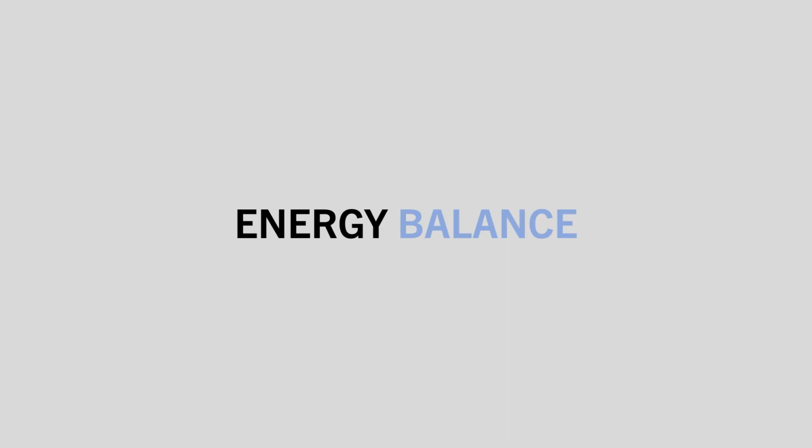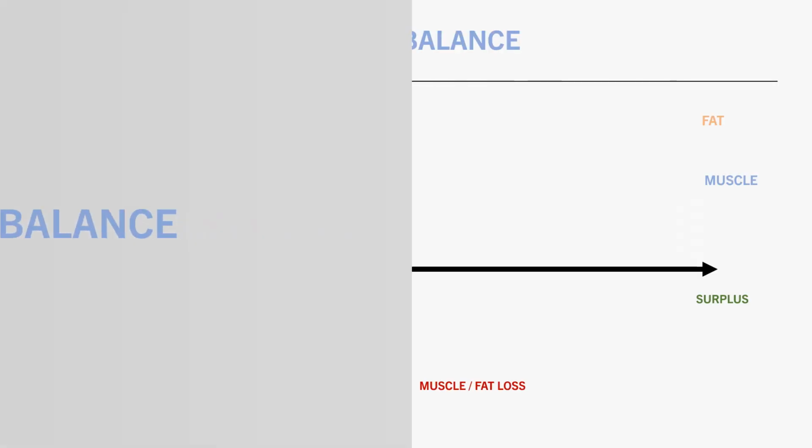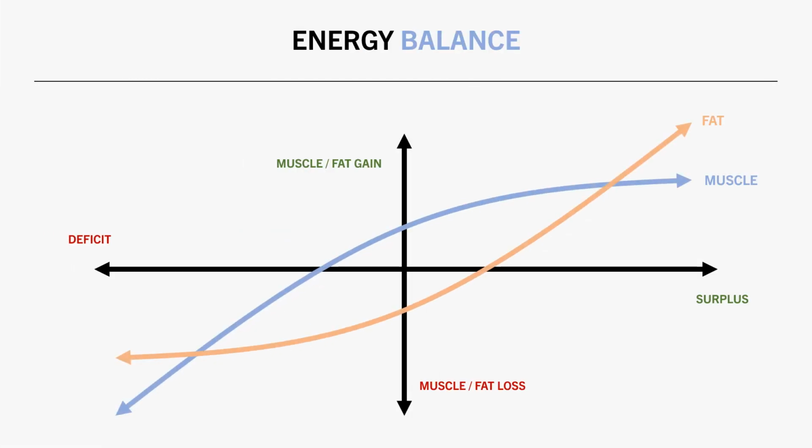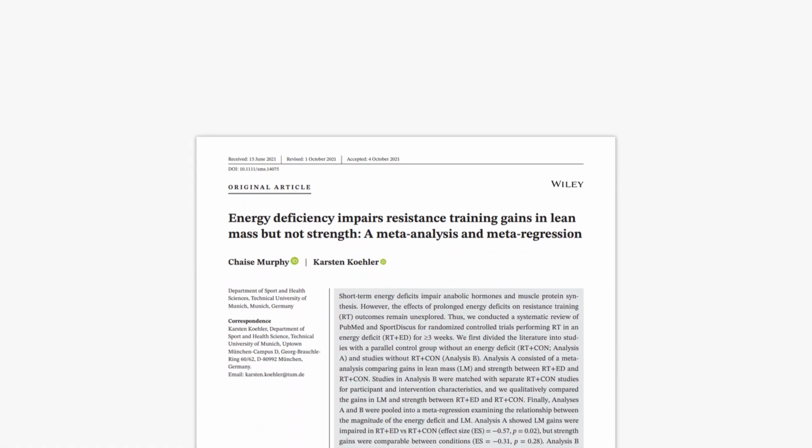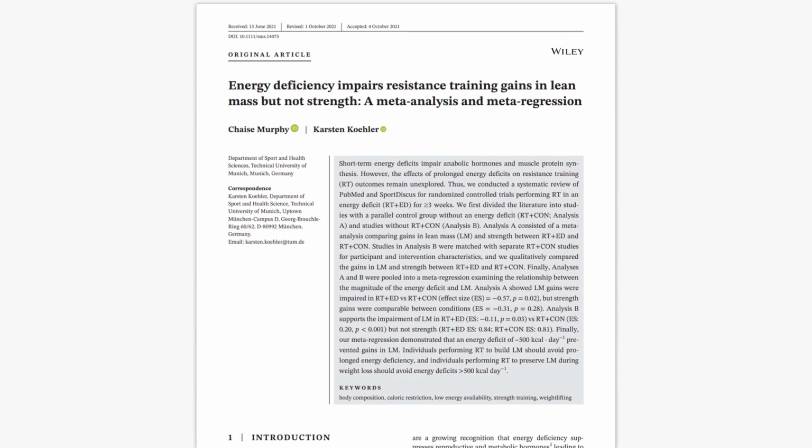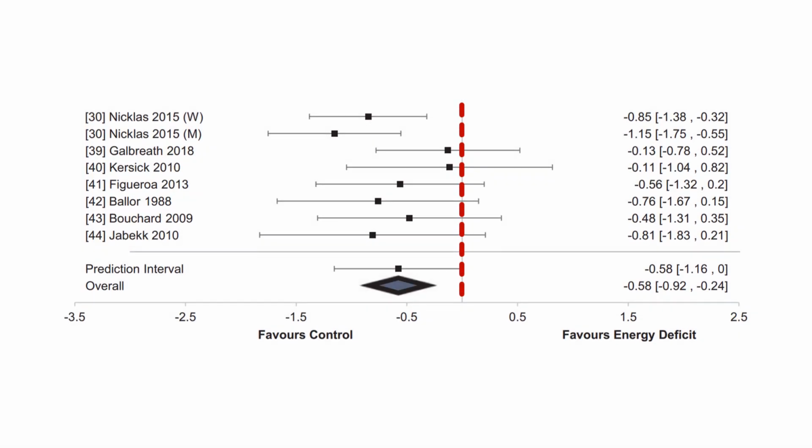To maximize muscle growth, we would ideally want to be in a neutral to positive energy balance for an extended duration. Muscle growth can occur in a calorie deficit, but it seems to be less of an anabolic environment compared with maintaining or gaining body weight. This was established in this meta-analysis, which aimed to assess the influence of a calorie deficit on muscle growth. As expected, a calorie deficit was overall less effective for building muscle mass than not being in a deficit, in other words, maintaining or gaining body weight.